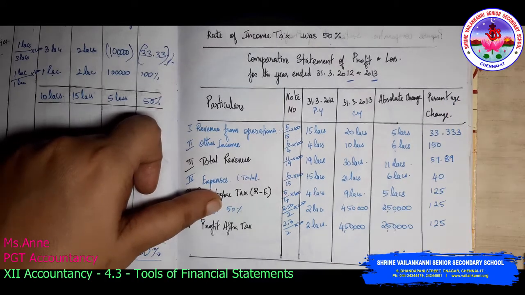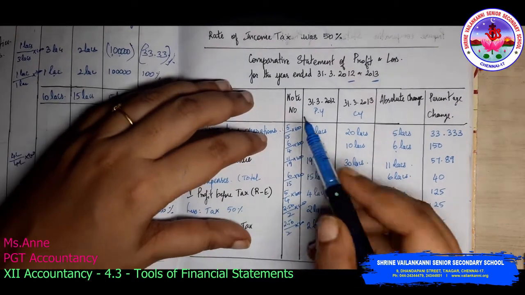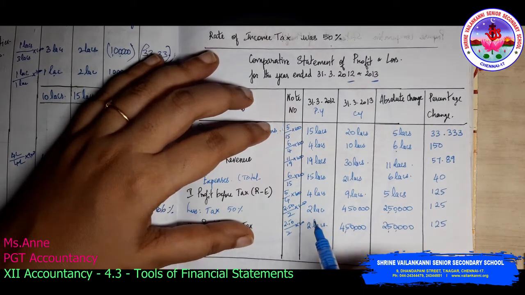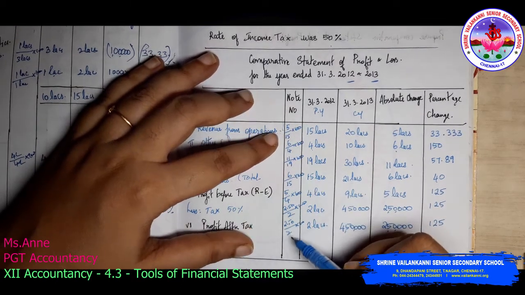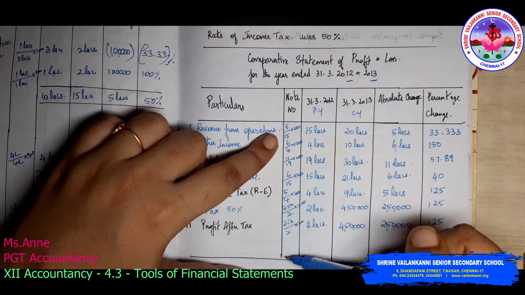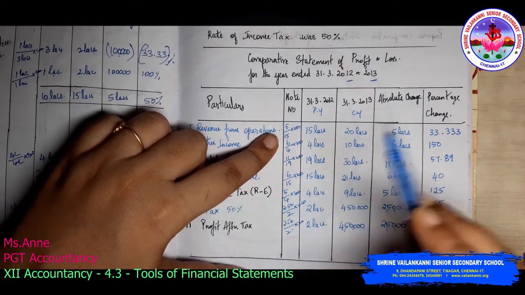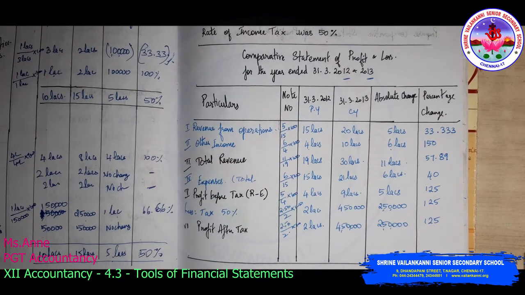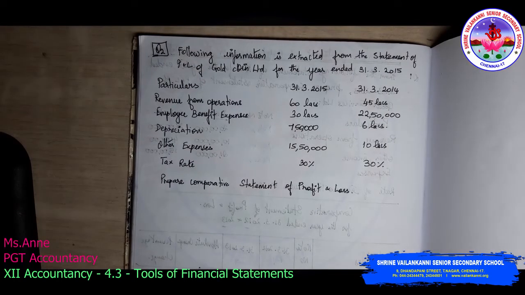So this is how you need to represent it. Please write this in a separate column, since there is no space here. I've written it in the note number column, but please don't write it that way in your examination. You need to show this calculation separately. So this is how you present. This is a question taken from the 2014 question paper, question number 2.